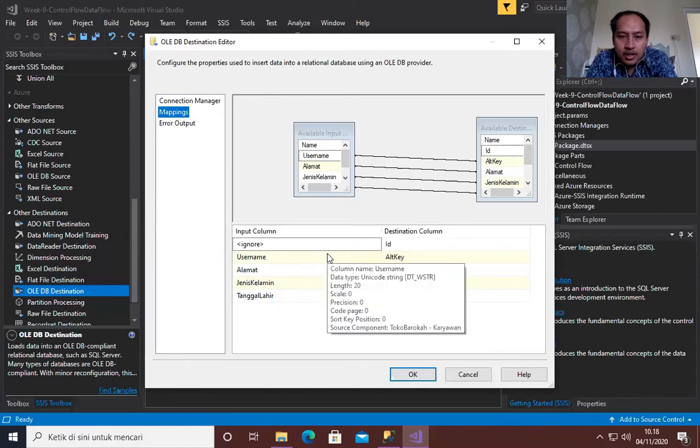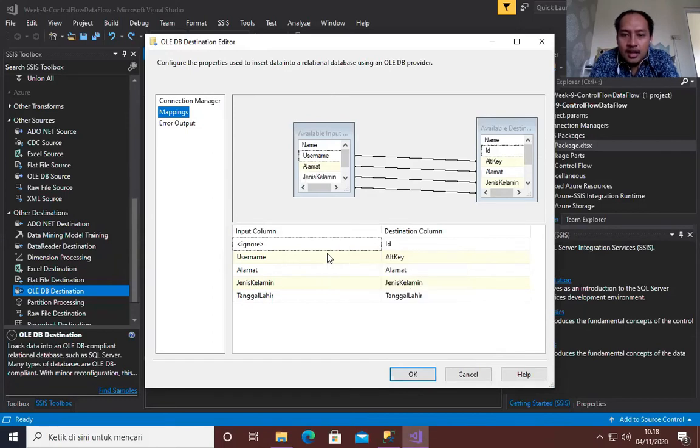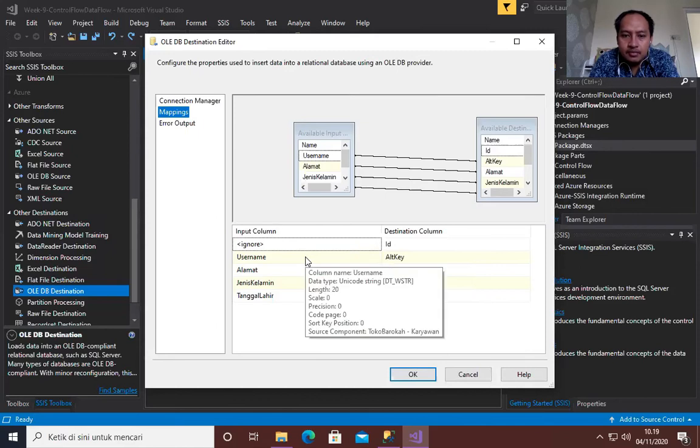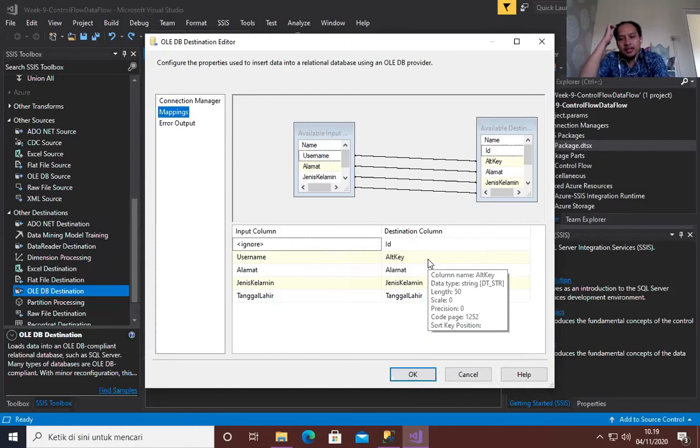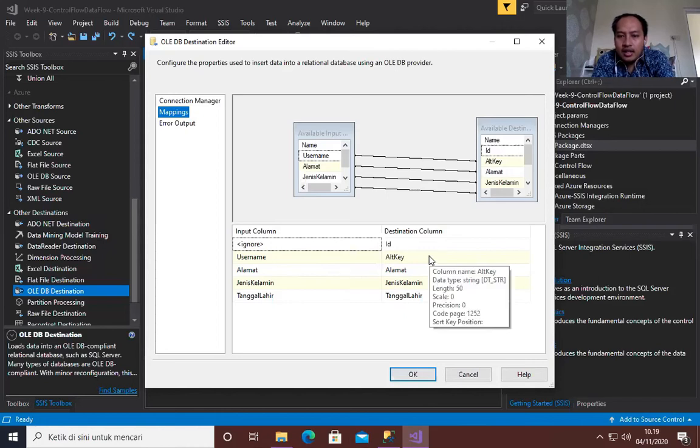In the username, you notice the data type is Unicode string, or DT_WSTR. It is different in the alternate key column, where the data type is just string, not Unicode string, or DT_STR. This is the difference we have to resolve.